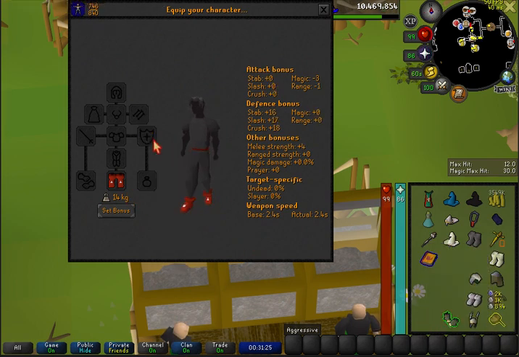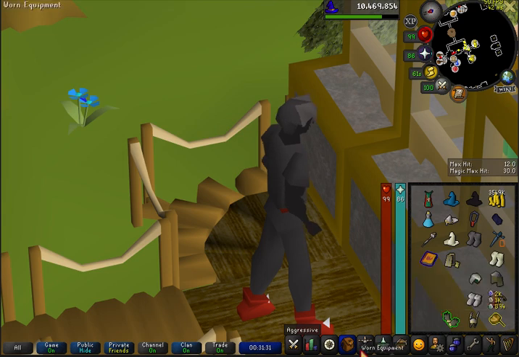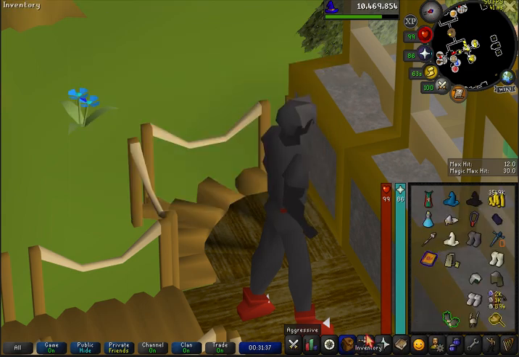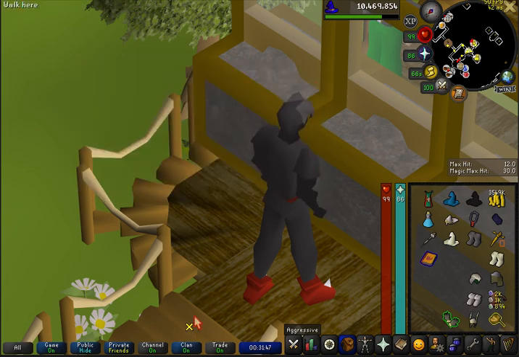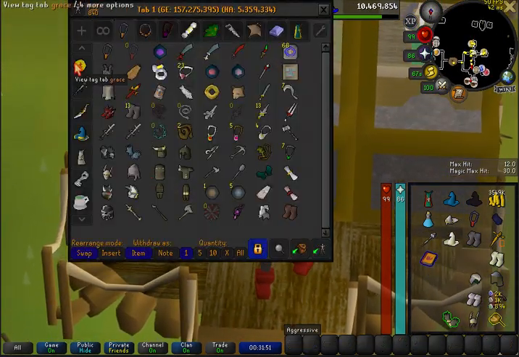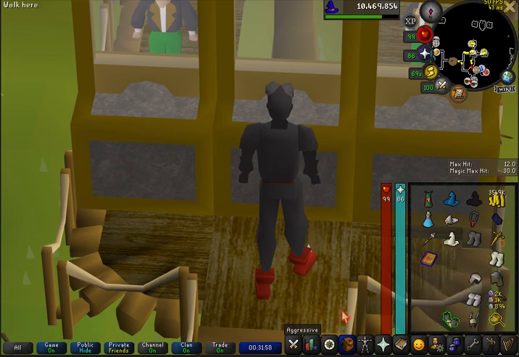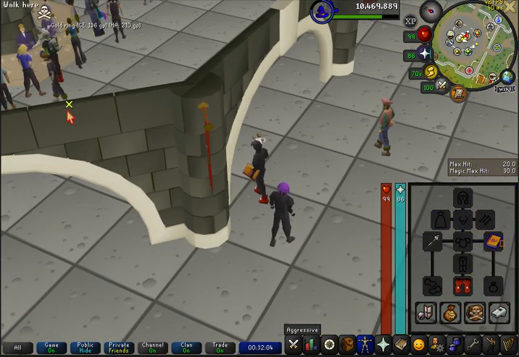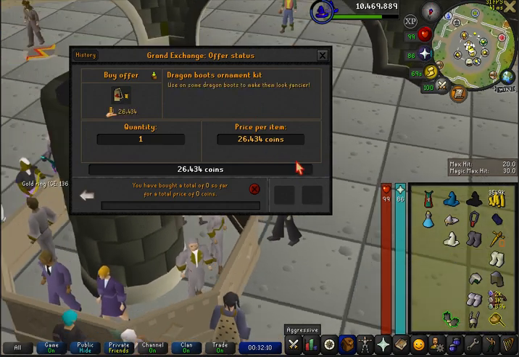Additionally, Rune Defender trimmed. These are very inexpensive for the ornament kits. Let's see here. 6,000. I think I paid 14,000 probably for that. And then the Grand Exchange, we're trying to buy the Dragon Boots ornament kit for the market price, but they just don't have any available. And I'm not going to overpay for something that is probably not even on the offers. Currently, it's probably a very thinly traded item,